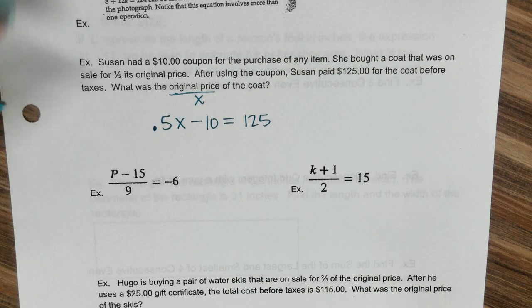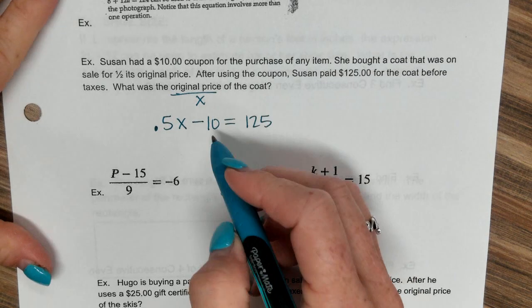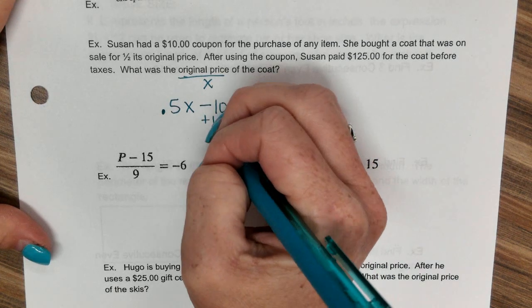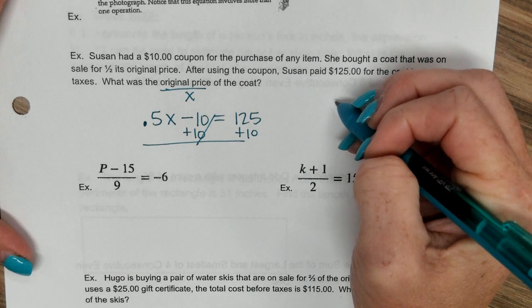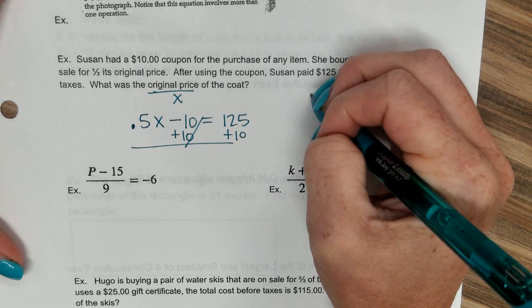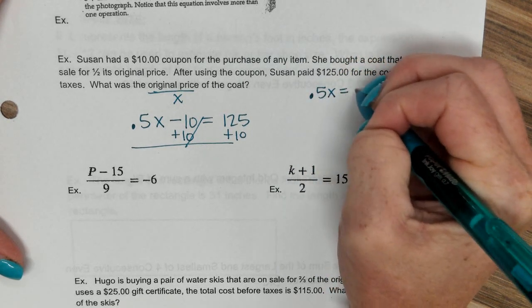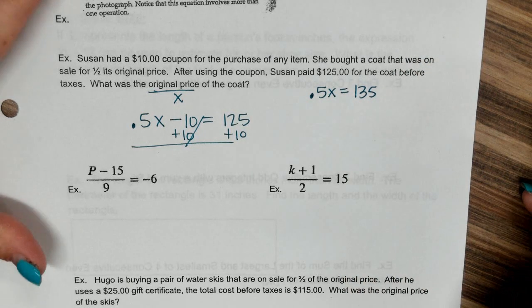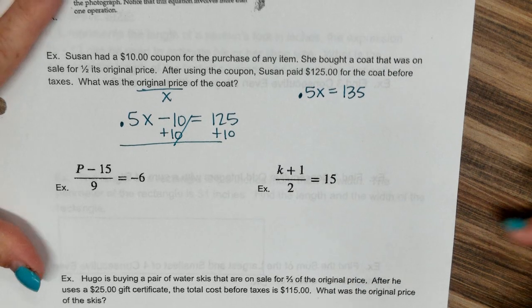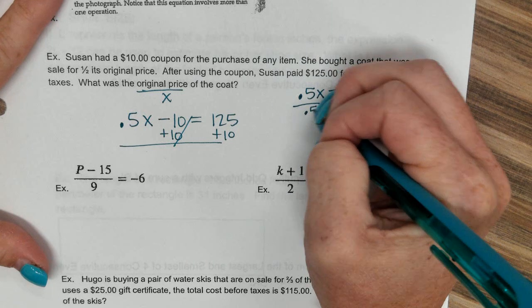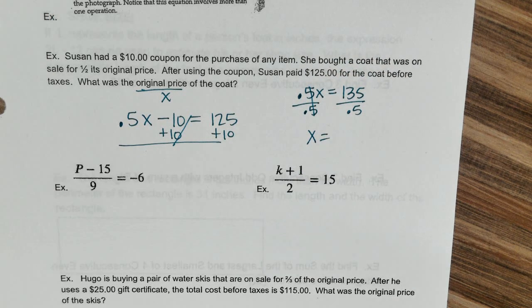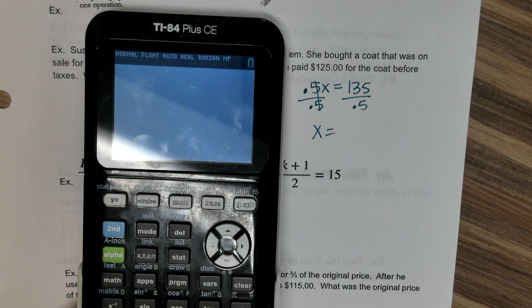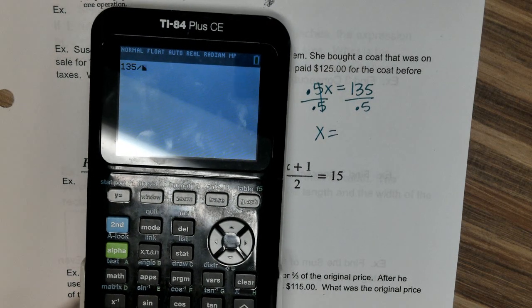$125. Can I now solve this equation? All right, so how would I get rid of the constant? Plus 10. Now I'm going to come over here just because I wrote way too low. So I have 0.5x equals 135. How am I going to get rid of the 0.5, the coefficient? Divide by 0.5. So I have x equals, and 135 divided by 0.5 is really 135 times 2, which is